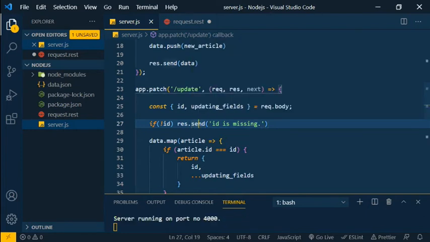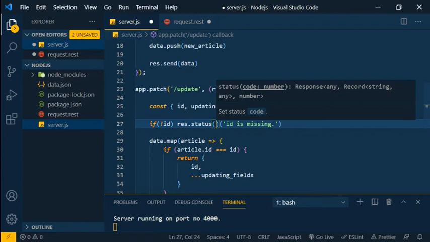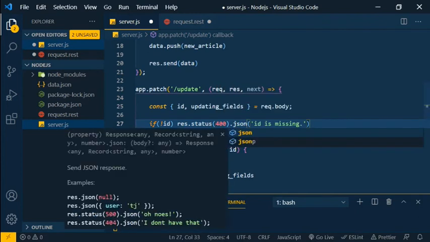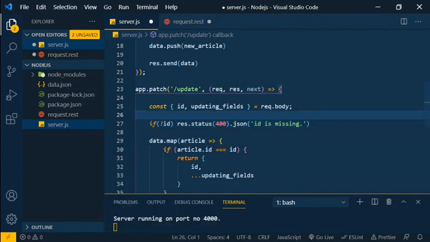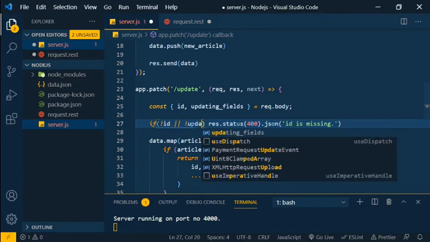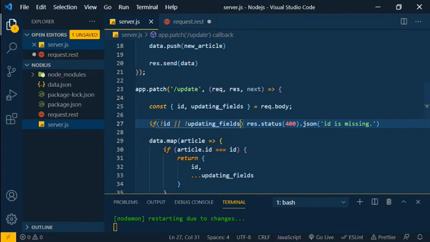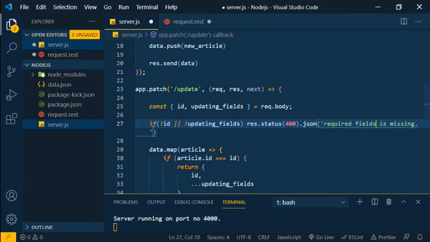For that, I'm just using res.status. Status contains the status you need to set. I'm just setting bad request, and then here you can send some kind of JSON information. If they don't send any updating fields, you can do the same thing. So instead of ID is missing, required fields are missing, something like that.